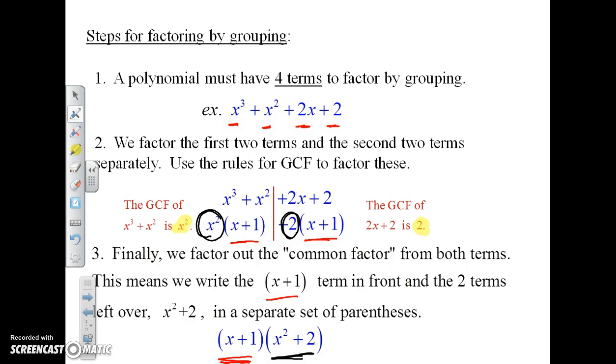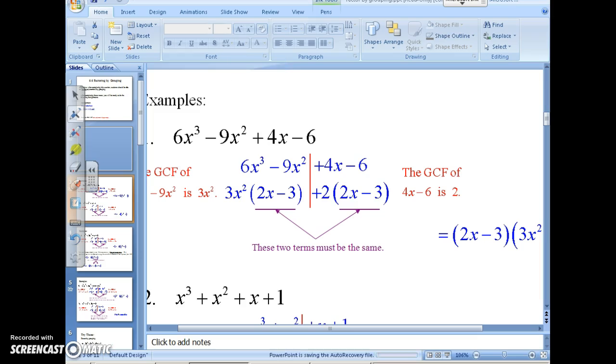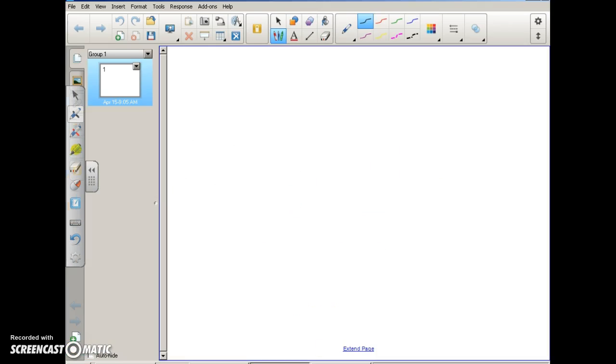So let's practice a couple on our own now. Let me switch gears here. Alright, we'll pull this up. So now together we'll try and complete these. If you don't have a sheet of paper out, I would highly suggest that, as we're going to complete some examples right now. So the first problem we're going to do is